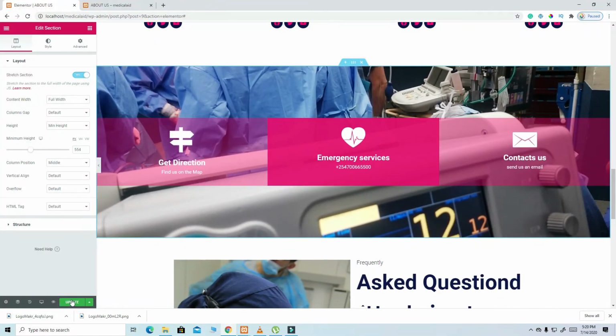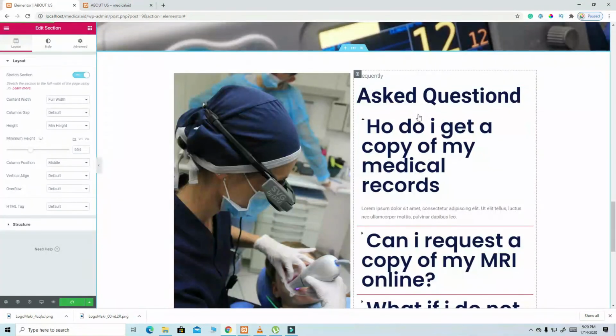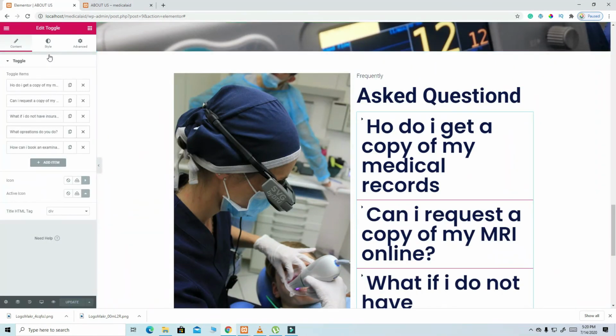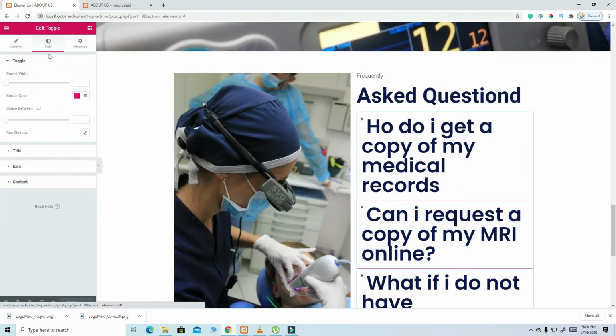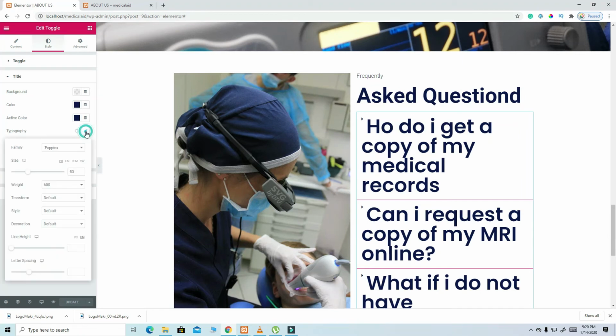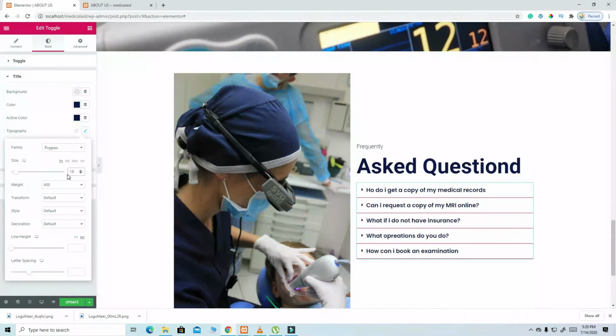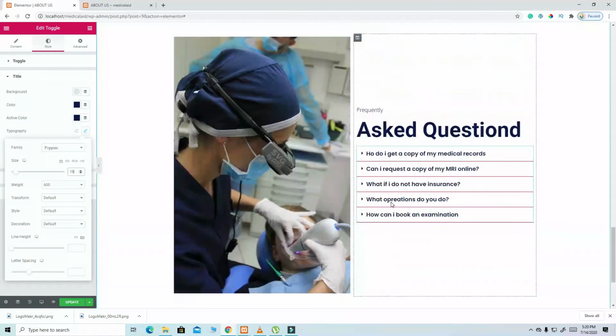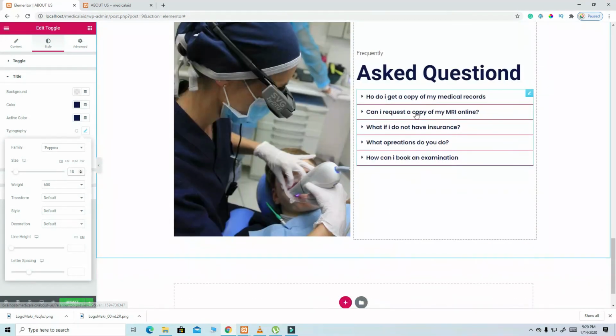I think that one is okay. I update it. Then I'm going to click on this part. Then I'll click here on title, and then the title typography, it is 60 something, so we need it to be something like 18. Yes, 18 is good. And also we can continue